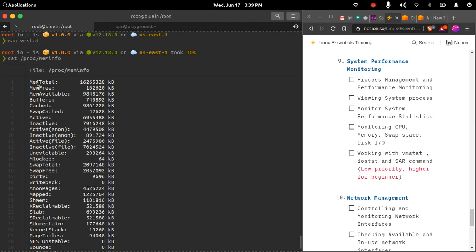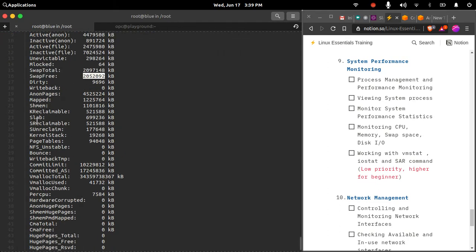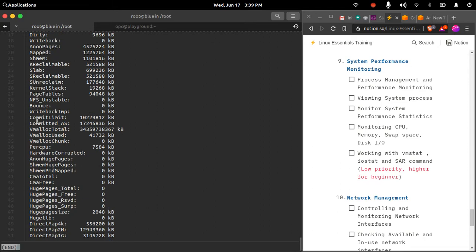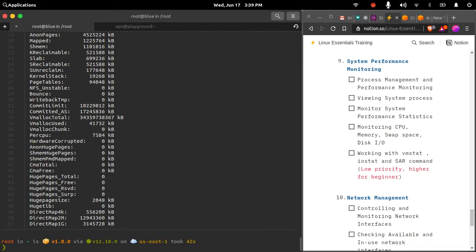Here you see the total amount of memory in KBs, the amount of free memory, the amount of available memory, how much memory is being cached, what the swap memory is, what is the total amount of swap available on my system, and how much is free. Swap memory is almost free, nothing is being used, and similarly memory related information is stored here.